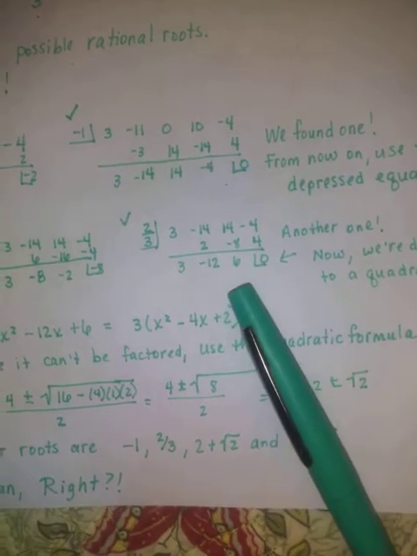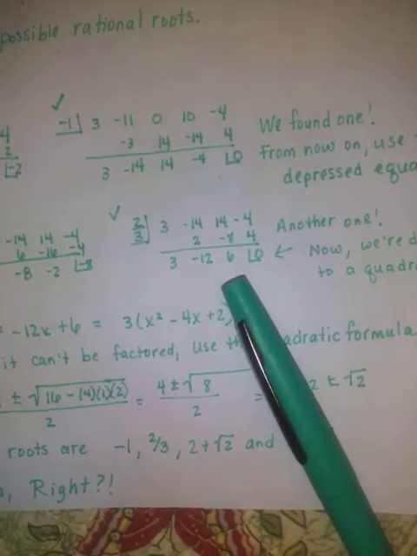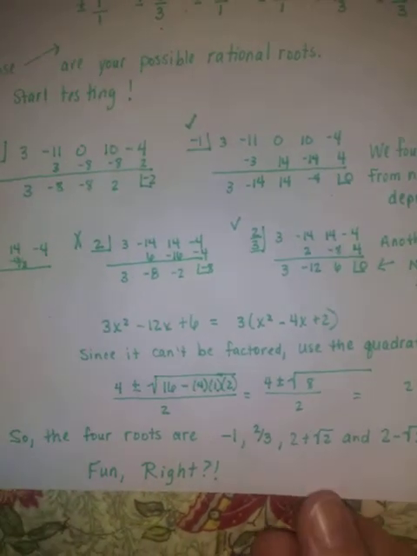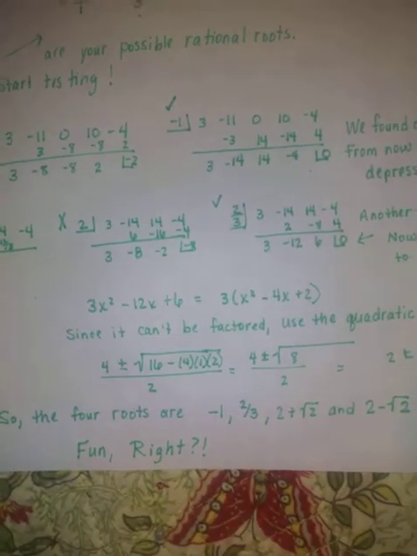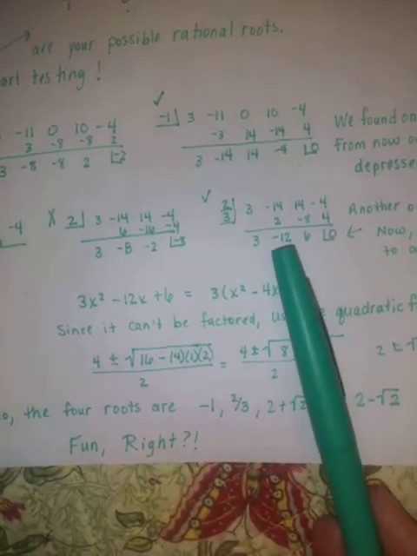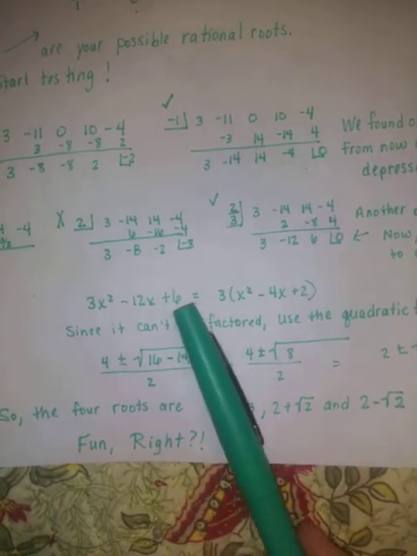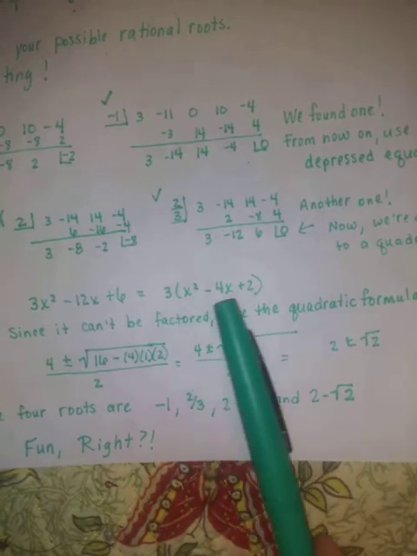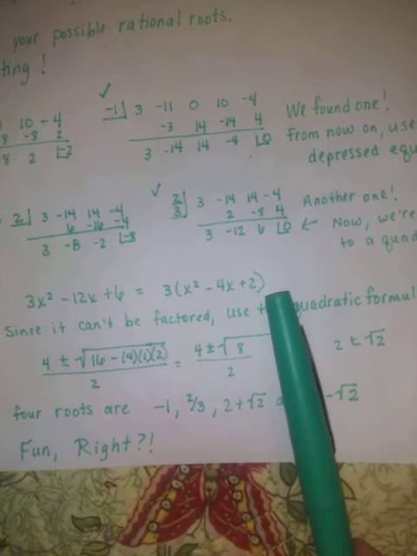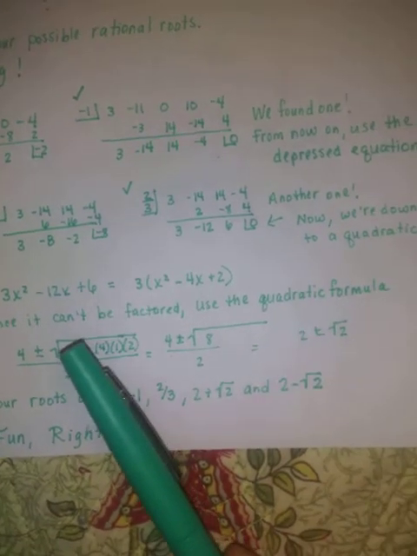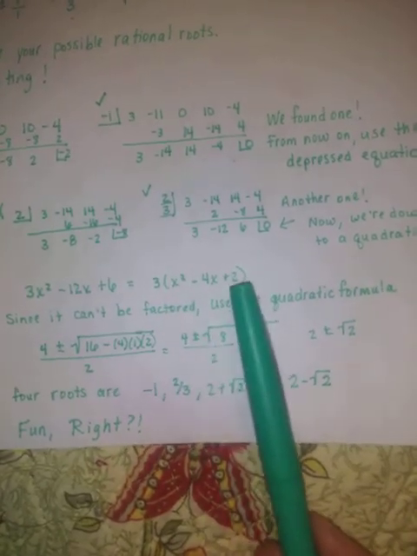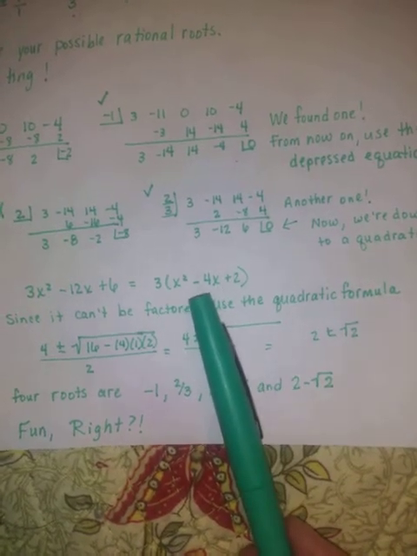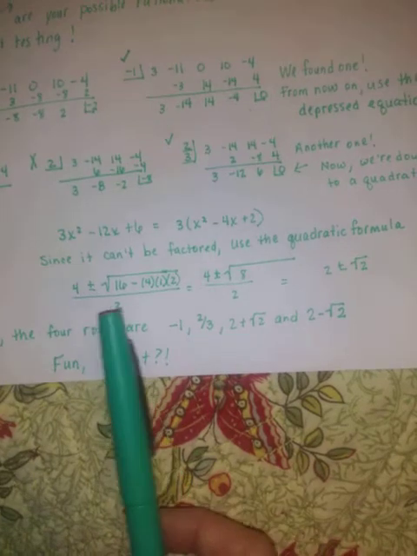So this is a quadratic, and we know how to factor quadratics. So here I wrote out what's left. 3x squared minus 12x plus 6. Well, the first thing I'm always supposed to do is take out a GCF if I can. So I did. It didn't really solve it for me, and I couldn't see a way to factor it. I couldn't find anything that multiplied to 2 and added up to -4, so I put it into the quadratic